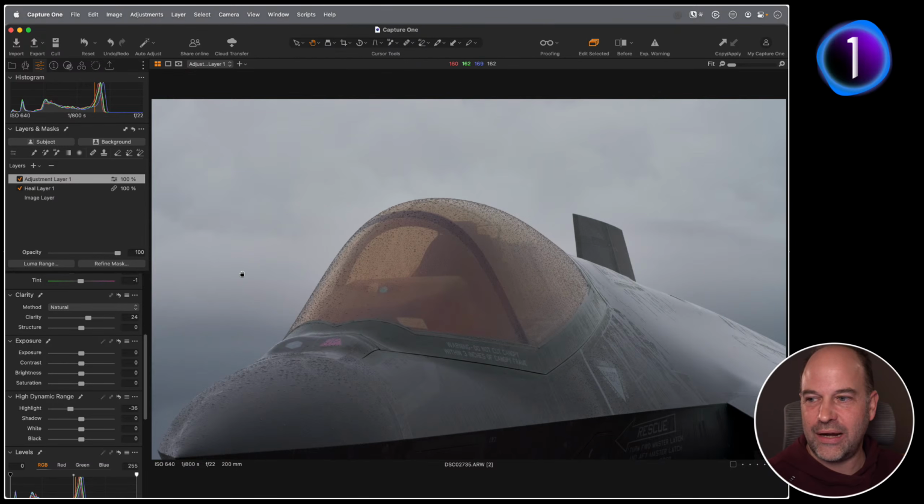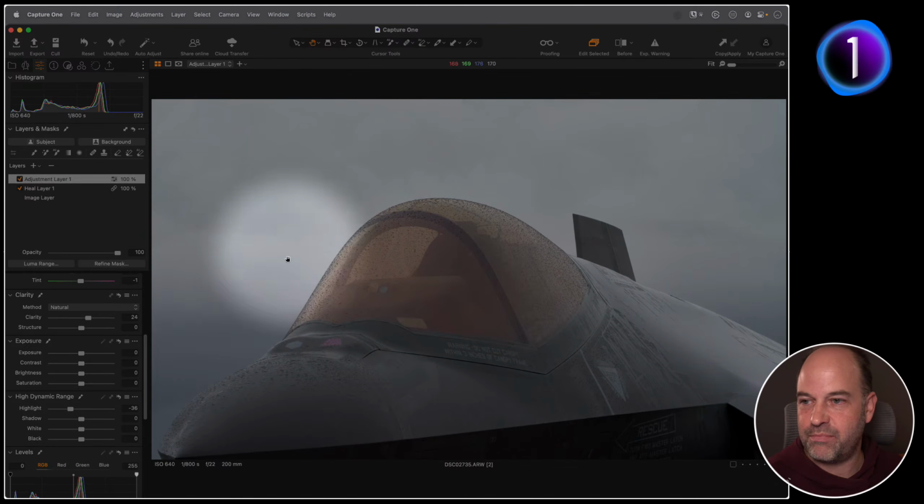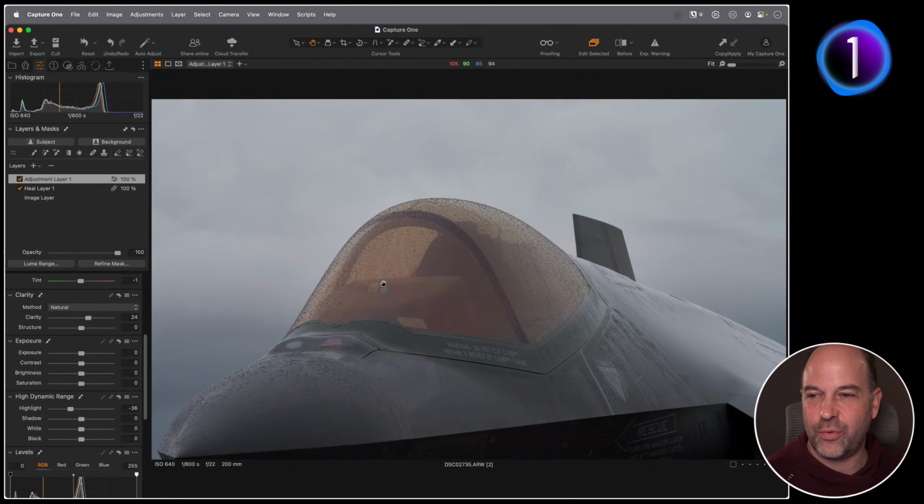I don't want to overdo the clarity, because if I do it too much, we're going to end up with a halo or the beginnings of a halo around the aircraft, which I don't think will look super nice. So if we turn that layer off, you can see before and after, just a slight change in the density.